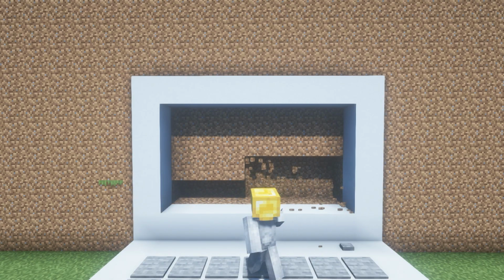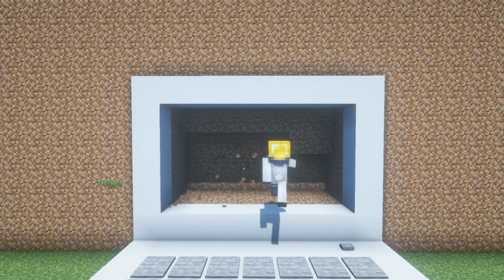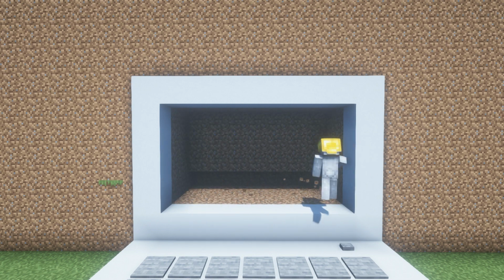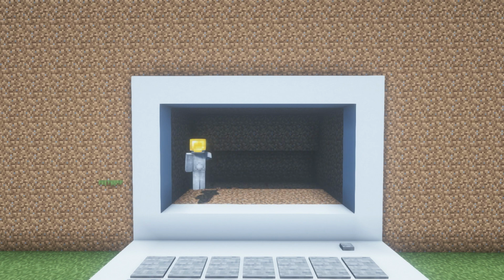Now, this is where we will create the living space. So now that we have the shape of our screen, this actually shows us where the living space for this house will be. We have to dig 7 rows into our mountain. So simply begin by digging the shape of the screen into the mountain. We want to dig 7 rows inwards, replace the back row of the mountain with light grey concrete,